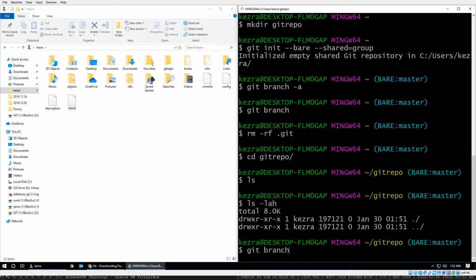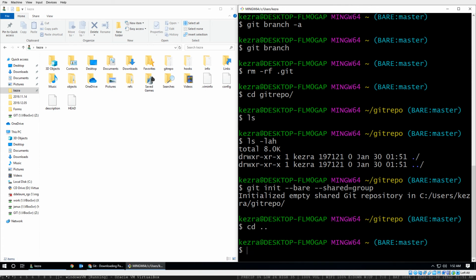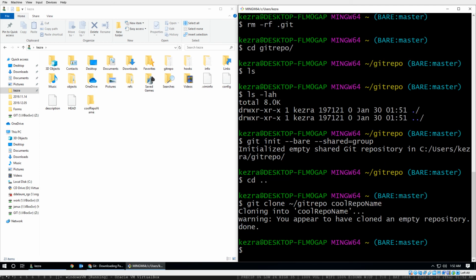I'm gonna go ahead and, I did a bare one there, and then I'm gonna go up a level, and I'm going to try to check it out. So let's do a git clone, and we're gonna do git repo and cool repo name. Sure. All right, so now I have a folder that is cool repo name, and oh, here,